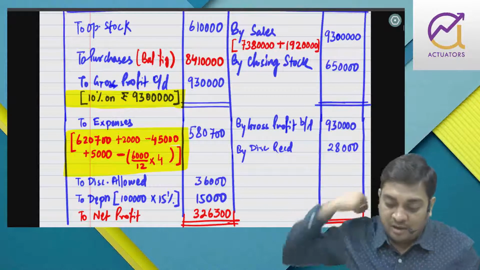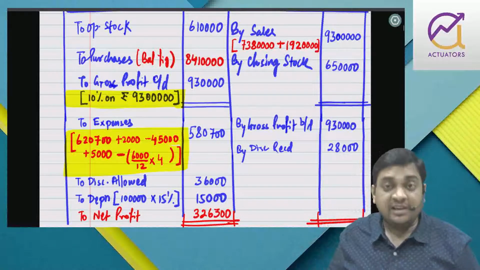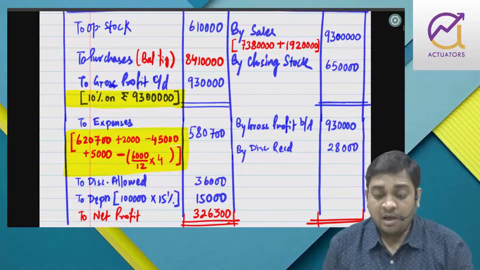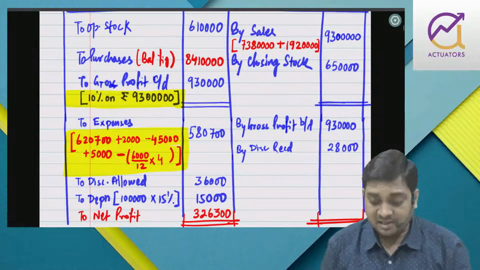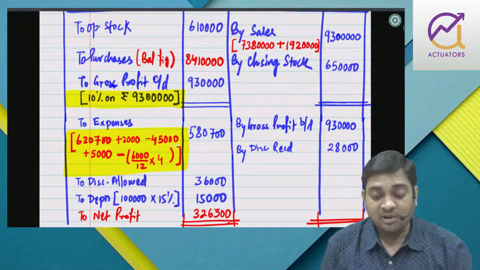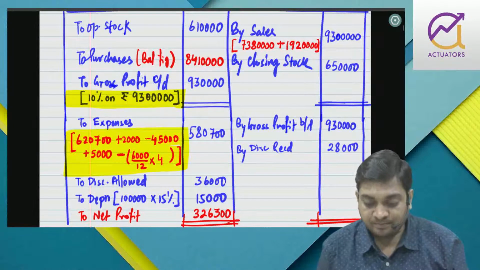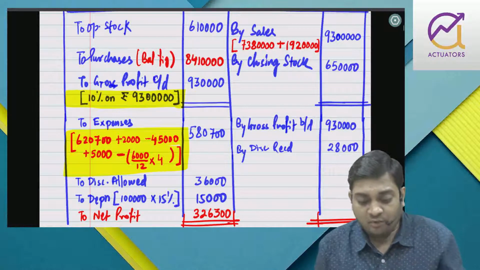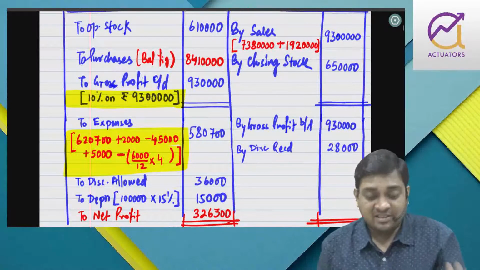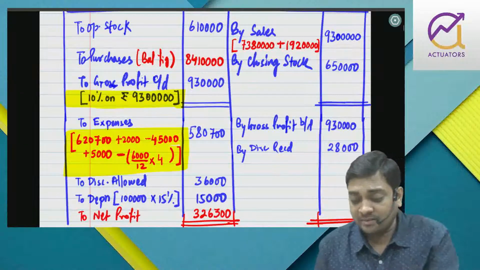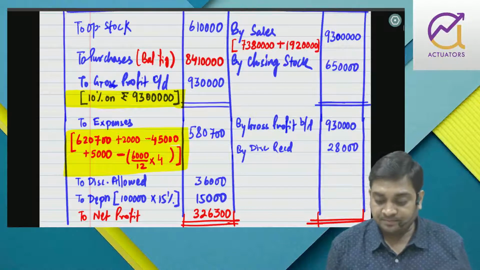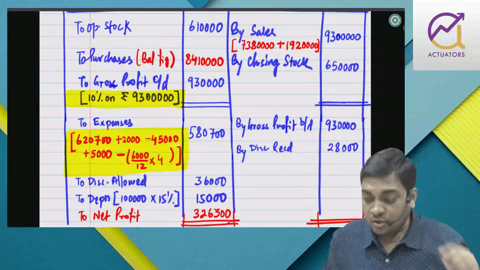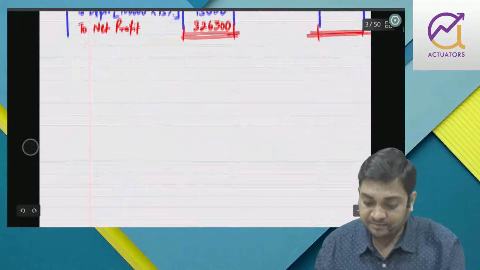So that is the summary of the P&L, right? We did not have purchase and sale. Somehow I can get sale by preparing the debtors account, but I cannot get purchase by preparing the creditors account, because in creditors we don't have the closing balance, right? So we got purchase in a different way, and then the P&L information has been given: expense outstanding prepaid adjusted, discount allowed given, depreciation calculated, and I'm putting up everything and getting the figure. Is that fine? So now I will be preparing the balance sheet,